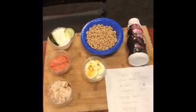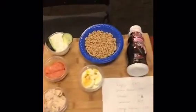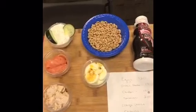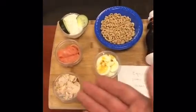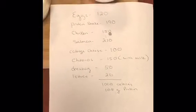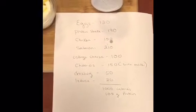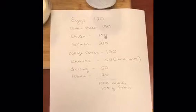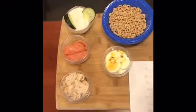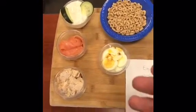However, if you're one of those people who has a sleeve or maybe a band that's not very tight and you find yourself hungry 2 hours after eating, that's fine if you ate this 6 times a day. This is 1,000 calories, this is 105 grams of protein. Now that's what matters most. Now you can do 1,000 calories in more dense foods in a half a cup, but